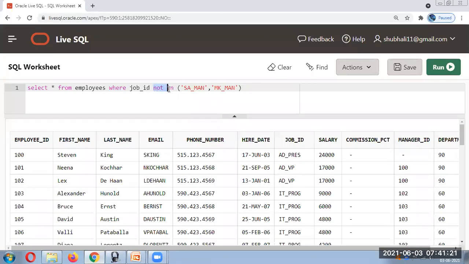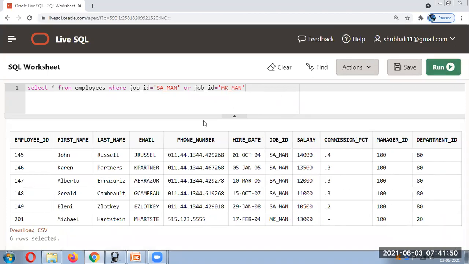We can just say OR job ID is equal to SA_MAN or the other one. So with the help of OR we can take either this or this, any one of the conditions matching.